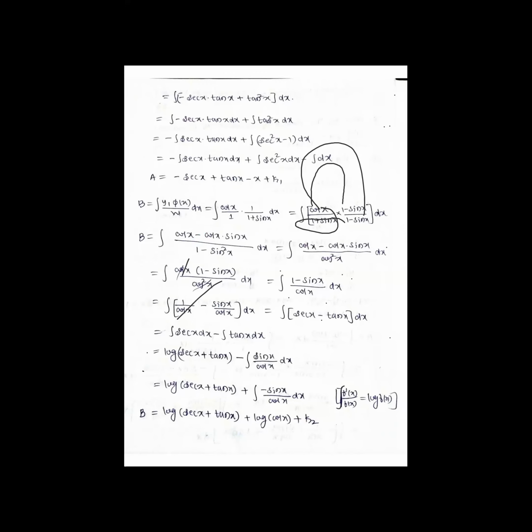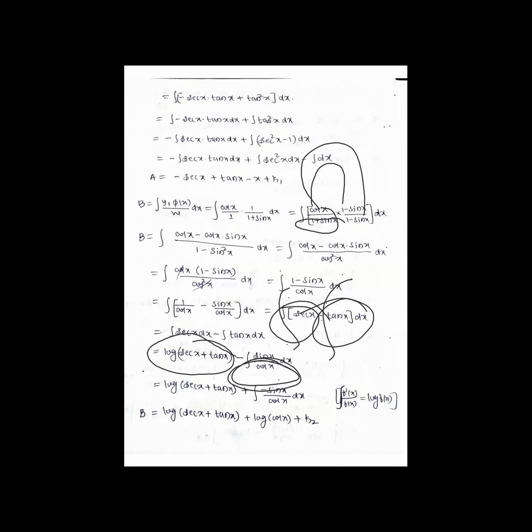So next thing is that 1 upon cos x will be secant x. Sin by cos will be tan. So integration of secant x, integration of tan x. What is the integration of secant x? Log of secant x plus tan x. What is the integration of tan x? You can write it directly, log of secant x, if you know. Otherwise, integration of tan will be sin by cos. It is f dash of x divided by f of x. So see, what is the differentiation of cos x? Cos x differentiation is minus sin x.